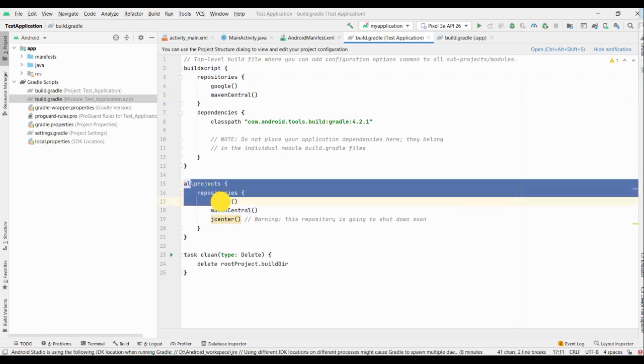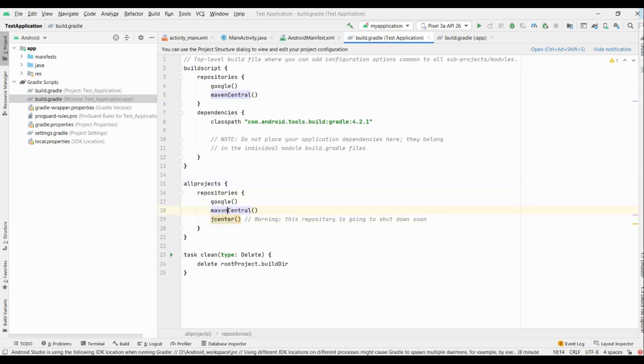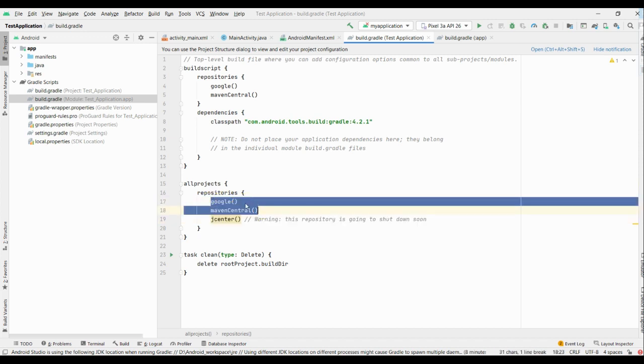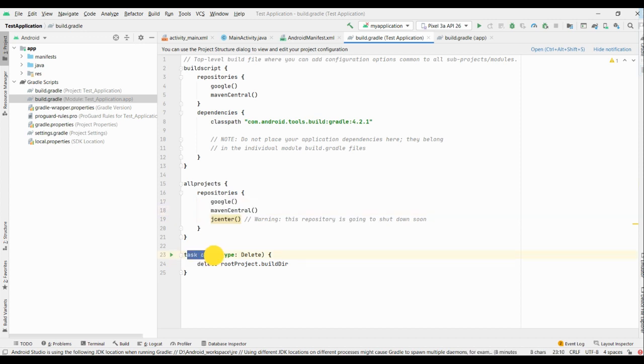Here we have specified Google, Maven Central and JCenter. By default they have mentioned that this repository is going to shut down soon, so we should not use JCenter. We can get the required dependencies either from Google or Maven Central. And this is a task we are telling, clean. Clean is one of the tasks.